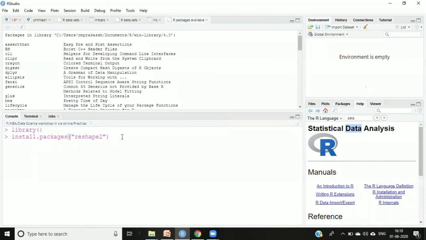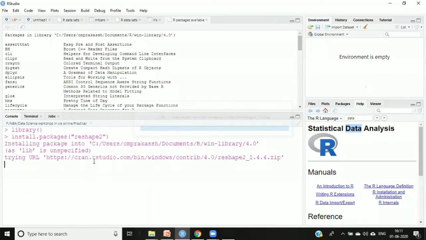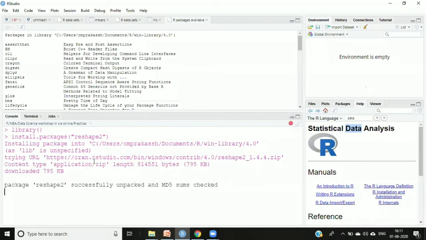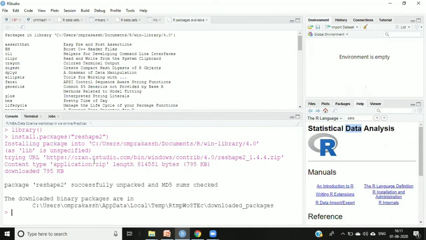Then you press enter and it will start installing. See, it will download and everything, and then it is successfully unpacked and the MD5 sums checked, and it got installed over here.